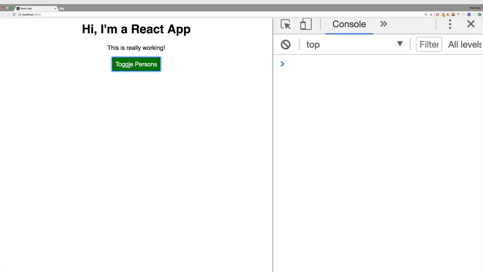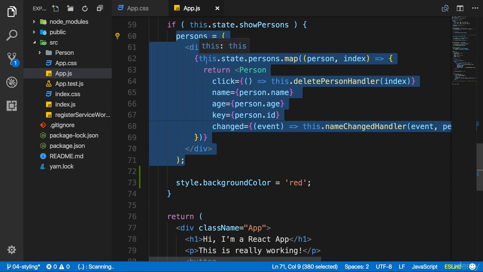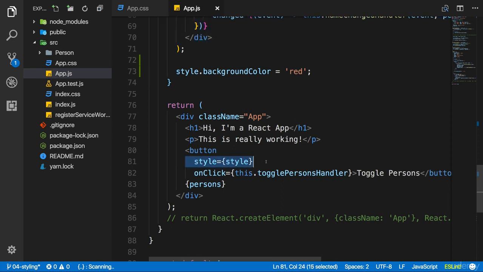So this shows one crucial thing which you really have to wrap your head around if you haven't already. Everything is JavaScript. I guess I said this before. We change the style dynamically just as we change this variable, persons, dynamically. Just as we change anything dynamically. We're talking about JavaScript here. You can manipulate the style object with any JavaScript code you want, and in the end, when you then bind it here, it will simply apply this, no matter how you edited it.